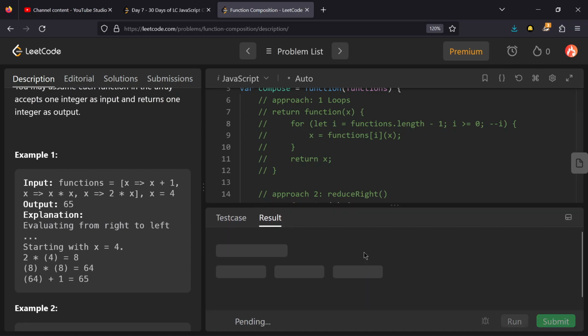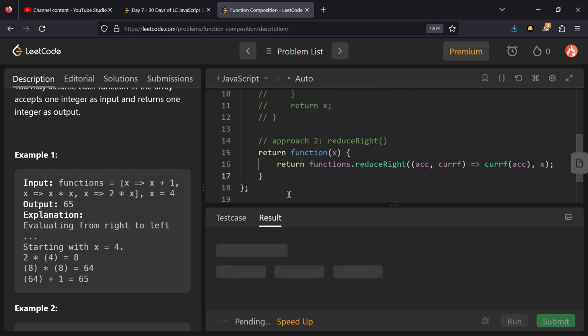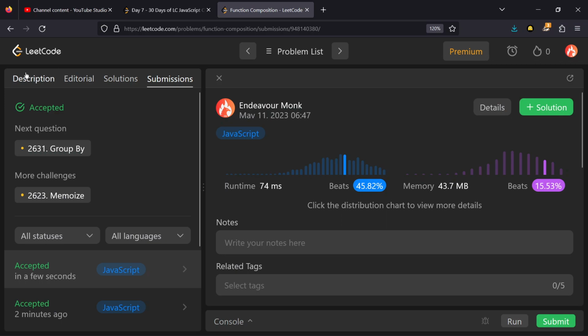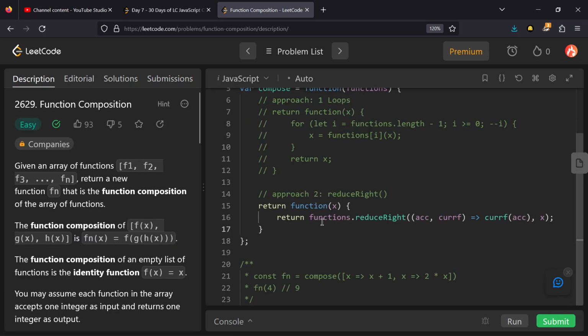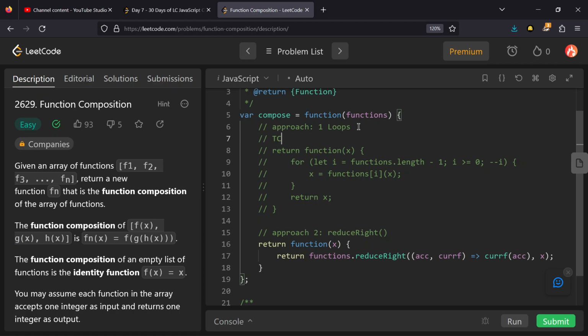So let's run this solution also. Yeah, this passed, and let's submit it. Yeah, it's accepted. And now let's discuss the time complexity and the space complexity for this approach. The time complexity is O(n) because for every solution we are iterating over the array of functions, and if the size of the array is n, it will result in our time complexity being O(n), where n is the size of the array.